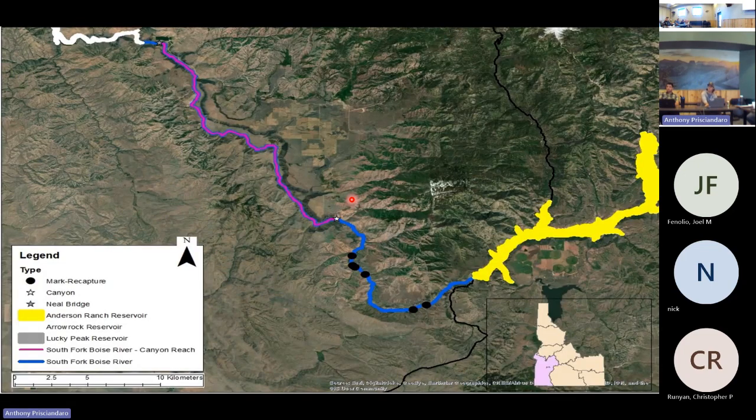So where we survey these sites, this is the same map. Really, the only thing that's changed is this canyon reach. We do not conduct these large river triennial population surveys in the canyon. The black dots now show the upper and lower boundaries of the survey reaches. So we have one right here that starts at Recreation Village,